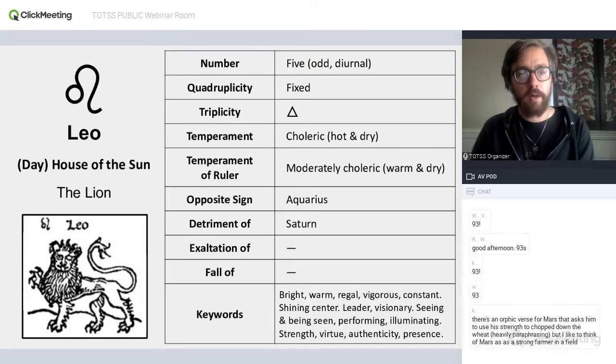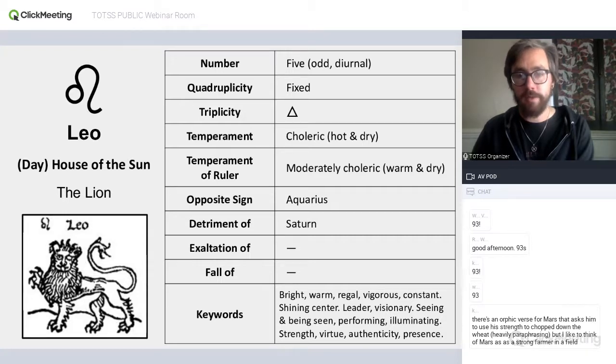All right, so Leo is a fixed fire sign. And with some of that fixity, Crowley was using the sun as a symbol of fixed fire, and we think of the sun as that constant source of warmth and light. And especially in modern cosmology, we know that it's our motion that causes the sun to rise or set, and our angle that is responsible for the seasons. The sun is always just itself, bright and shining in the center. It's only our relationship to the sun that changes. So that idea of a constant, steady center for Leo is really good symbolism here.